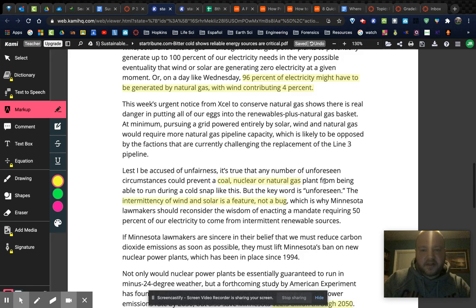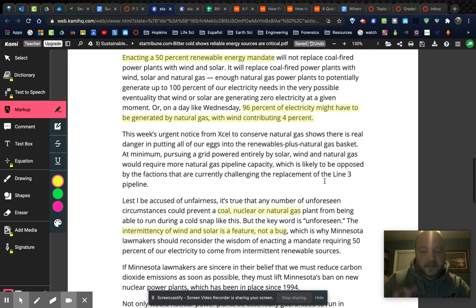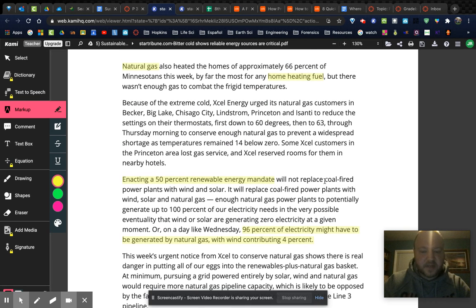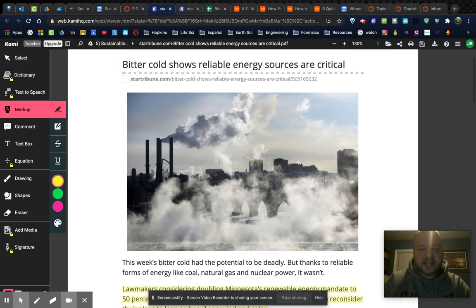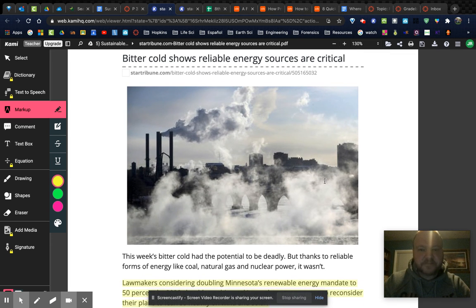All right, so it was fairly clear throughout the article he was advocating for the way that things are, conserving the way they are, right? Coal, natural gas, and nuclear, and advocating against things like wind and solar, right? Which would kind of equalize the playing field and access to those if the government enacted their 50% mandate to all people, right? Not just those who could afford it or had it. So this article shows a pretty conservative slant here, or conservative opinion in terms of renewable versus non-renewable sources of energy.